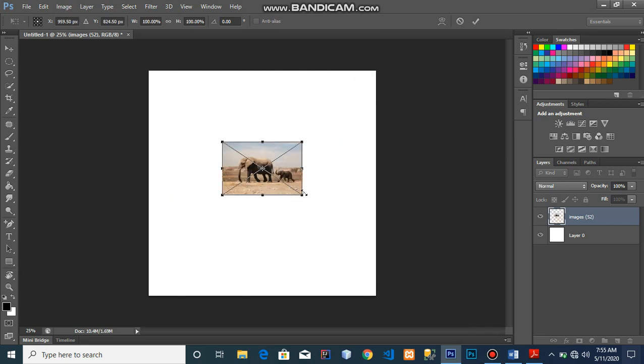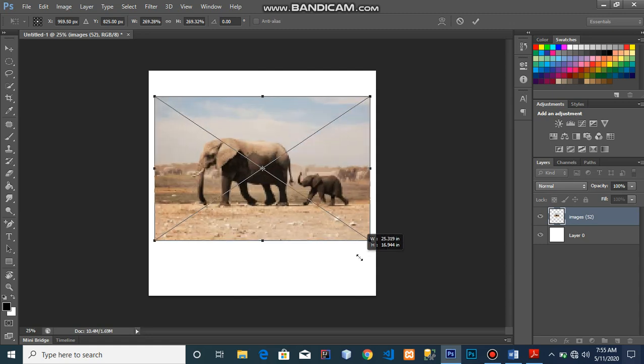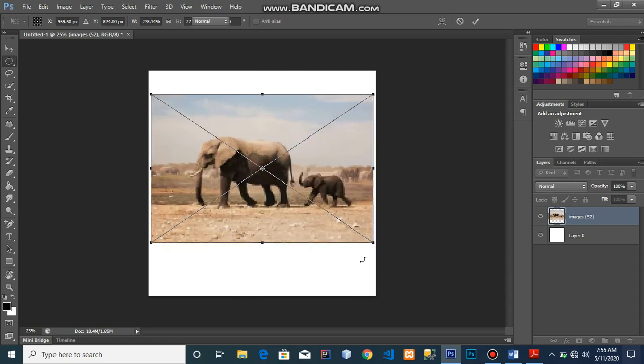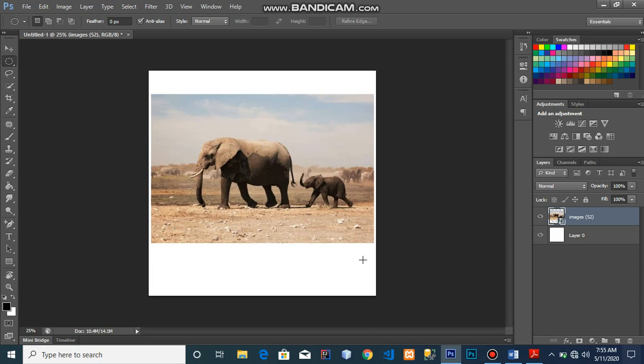Wait, Control T, Alt and Shift, then click. As you can see, if you want, you can do it like this to just capture the part of the animal. You can just move it